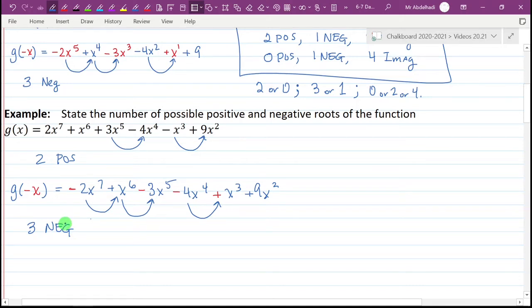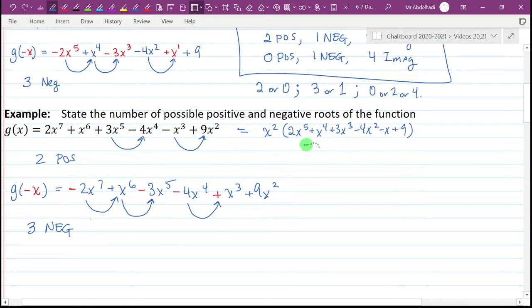All right, and here's the deal with this. If you look closely, this thing has a GCF. Yep, the old GCF coming back at you. And if you factor out the GCF, what is the GCF? It's x squared. All right, so this is actually x squared times, and then you have all this other stuff here, which is 2x to the 5th plus x to the 4th plus 3x to the 3rd minus 4x squared minus x